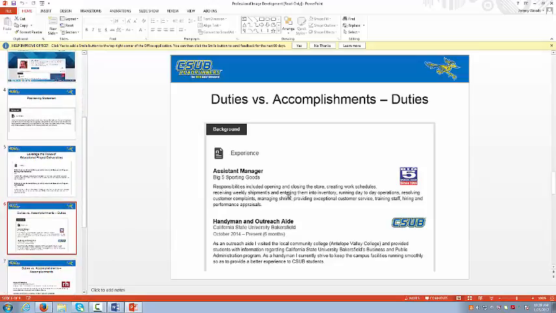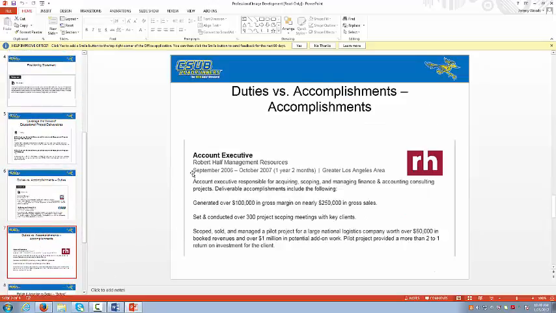How many? So how often did you open and close the store? How many employees did you create work schedules for? How many shipments did you receive each week? What was the dollar value of the inventory? Stuff like that. So if you look here, this is a description of a job that I did for Robert